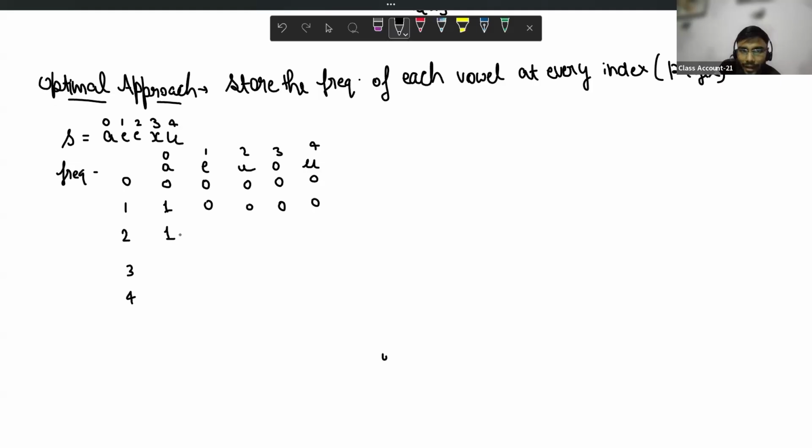This is 1, so I need to copy this line. After that, the frequency of E is 1 and others are again 0. Now before index 3, the count of A is 1, and the count of E will be increased to 2. Okay, 0 and 0. After that, at index number 4, it is U, so the count of U will be increased by 1. No issue.